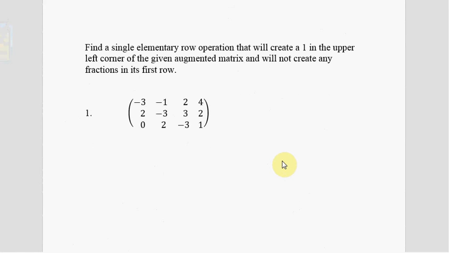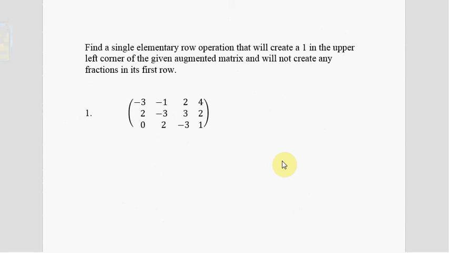So here, find a single elementary row operation that will create a 1, we call that a leading 1, in the upper left corner of the given augmented matrix. What do we mean by an augmented matrix? Remember we said there was a difference between the coefficient. The furthest column, right? Exactly. So that furthest column over there doesn't have any variables associated with it, right? Good. And so it says find a single